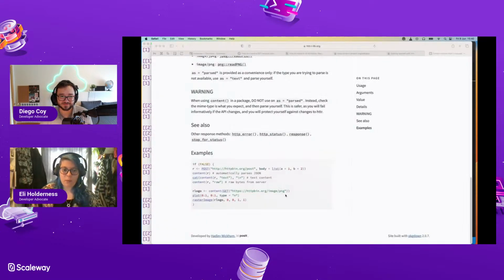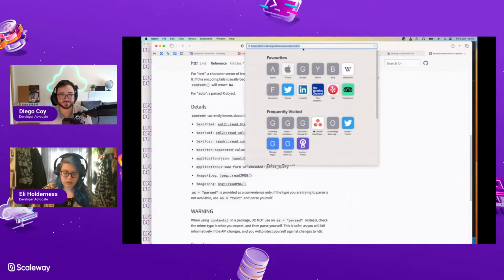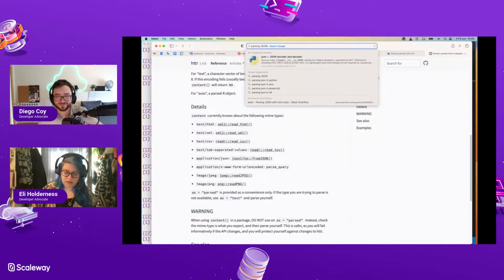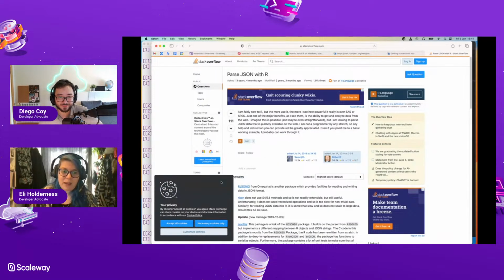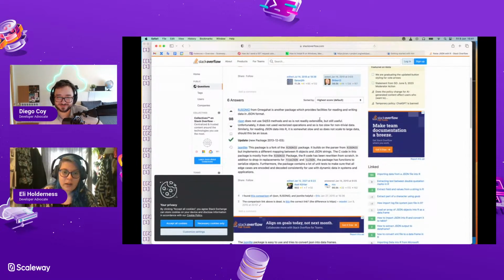All right, so I want to deal with parsing JSON in R, which is going to be one of the things it's really good at, right? One would have to assume. Yeah, JSON Lite. The R code has been rewritten from scratch.